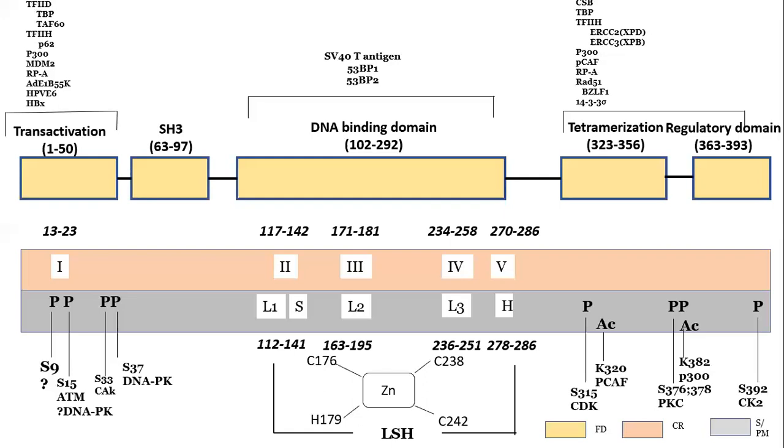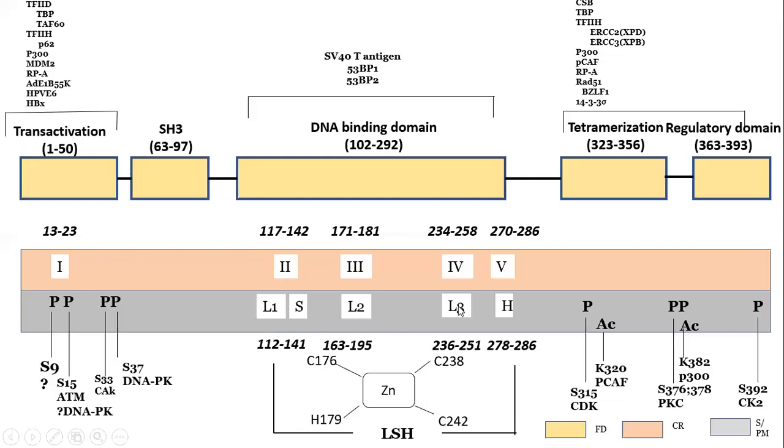What is important for this region is that when we do an X-ray crystallographic model, we can find that this particular DNA binding domain contains a beta sandwich. The beta sandwich consists of 3 loops and 4 to 5 beta sheets. The 3 loops are demarcated as L1, L2 and L3. This is L1, this is L2 and L3.